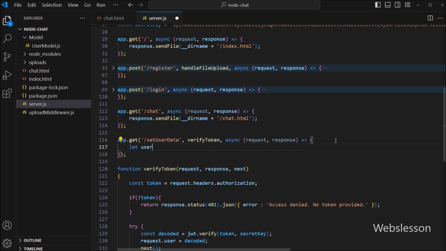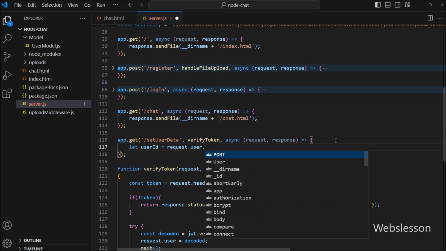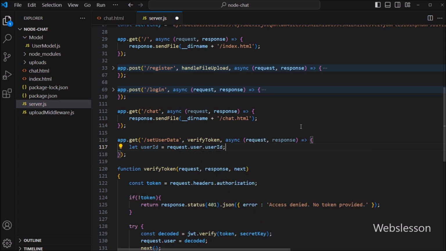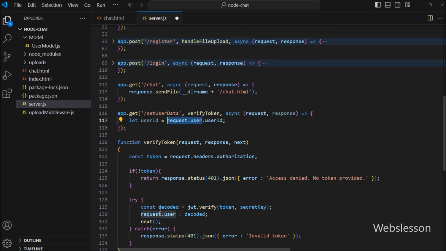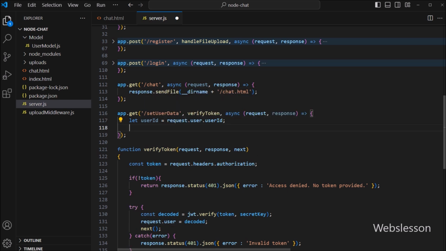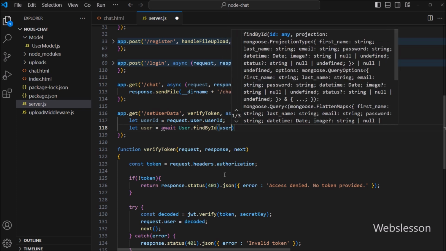Under this function, we have to write a user ID variable equal to request.user.user_id variable. So here, the request.user.user_id value has been gotten from the verify token middleware. Now to fetch user data from the MongoDB database, here we have to write a user variable equal to the await keyword with the user model.findById function with the user ID variable as argument. So this code will fetch particular user data